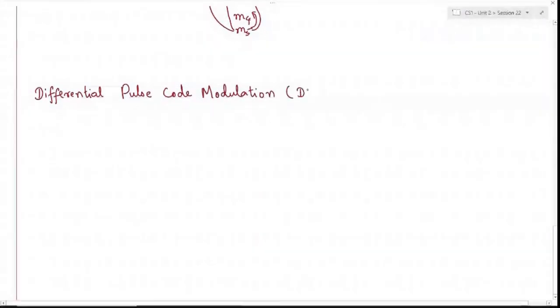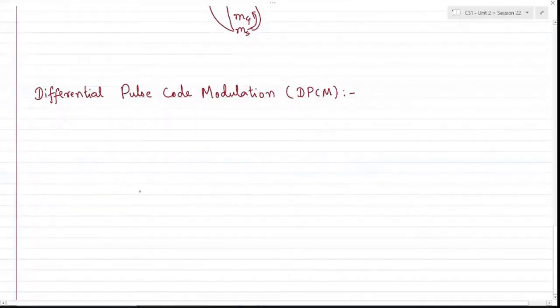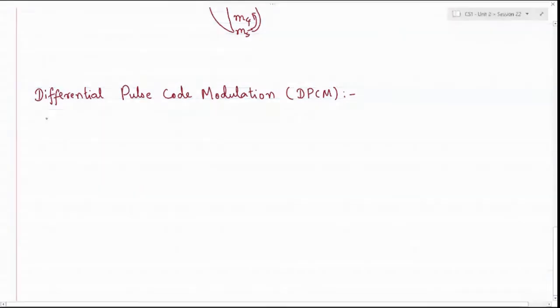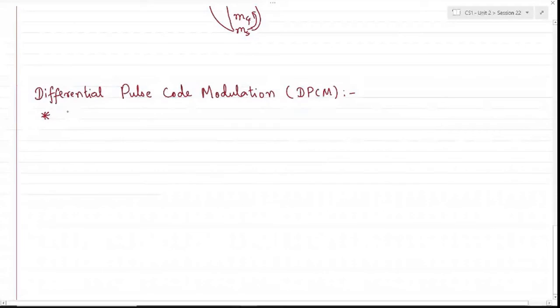In short, we call such a system DPCM. The only difference from the previous linear predictive filter, where I was predicting directly on the message sample itself, is that in differential pulse code modulation we perform